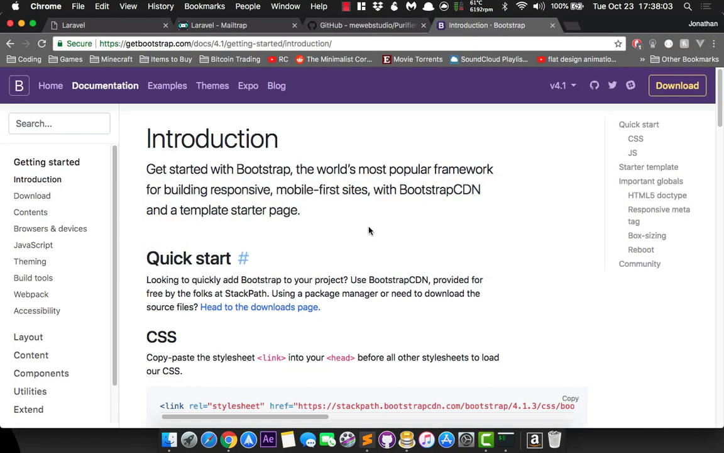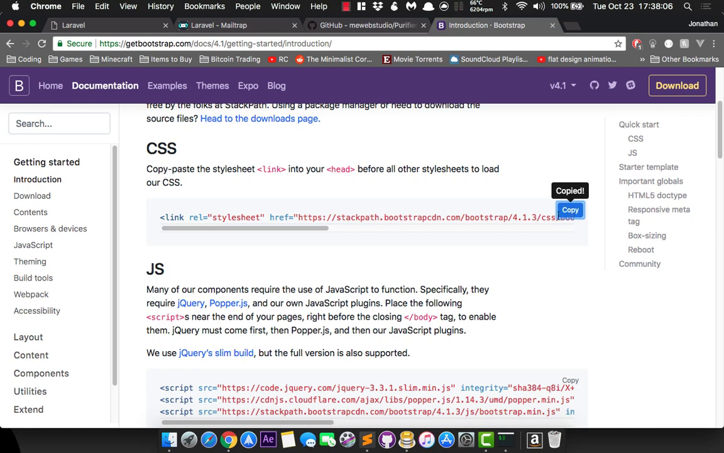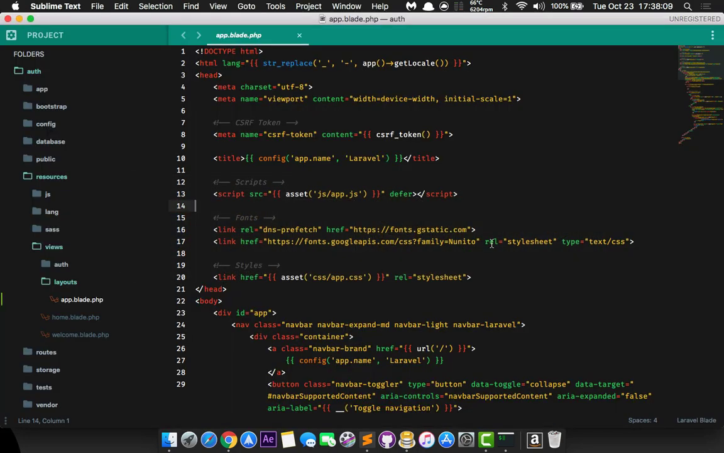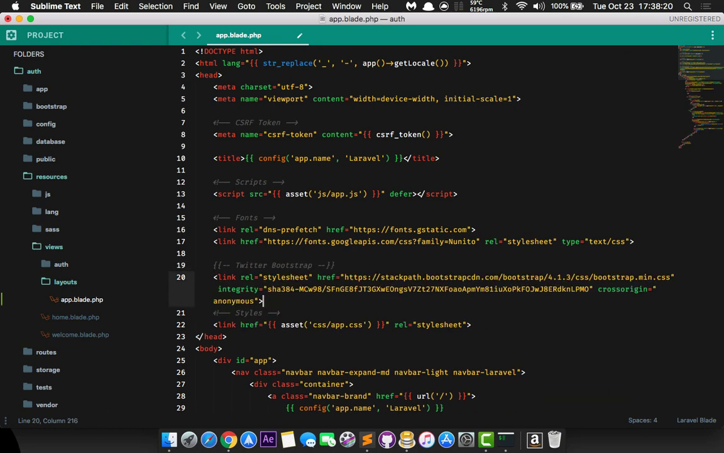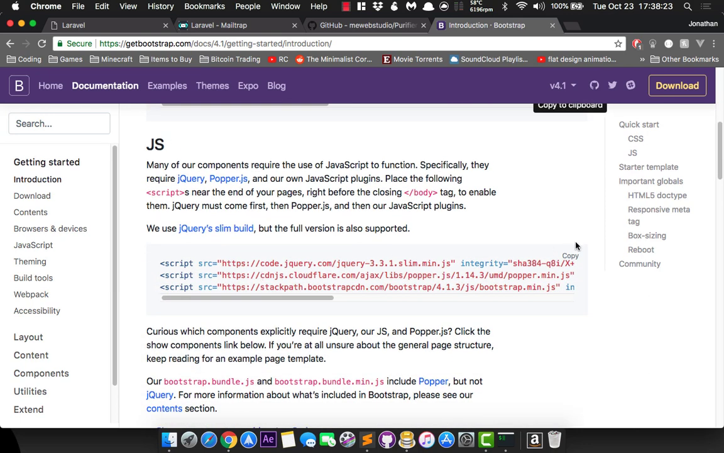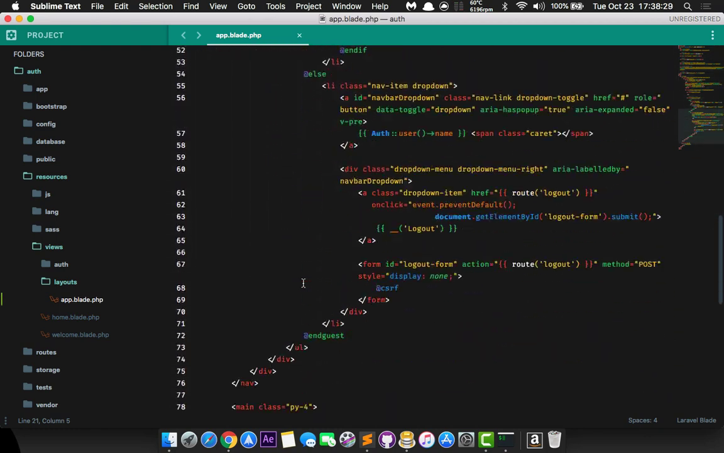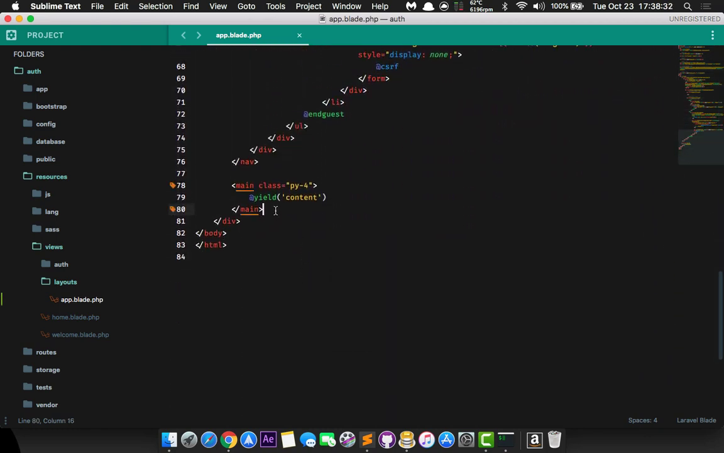So let's go ahead and add the Bootstrap CSS from the CDN, and we will do that right above our styles, and we will just say Twitter Bootstrap here, and we will paste in that CDN. Now we'll go ahead and also copy all of this JS here and all this JavaScript CDN, and we will put that right before the end of the body, and we'll just say get the Twitter Bootstrap here, and we'll